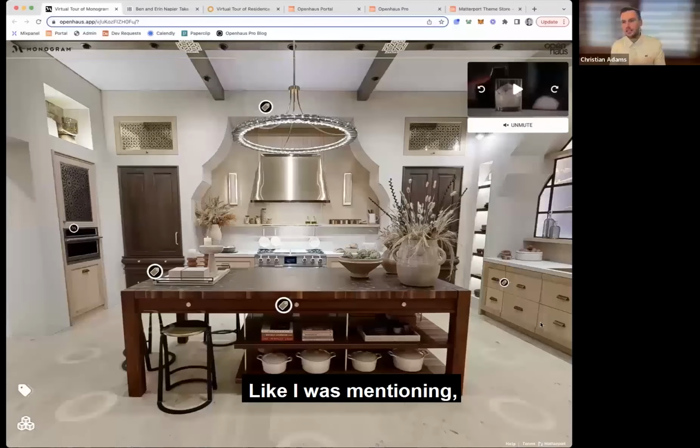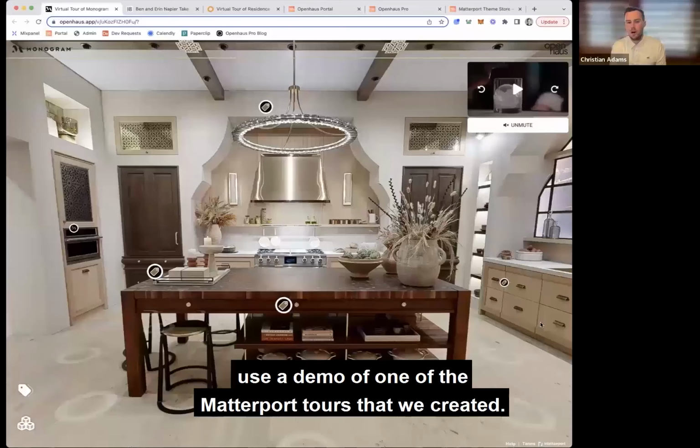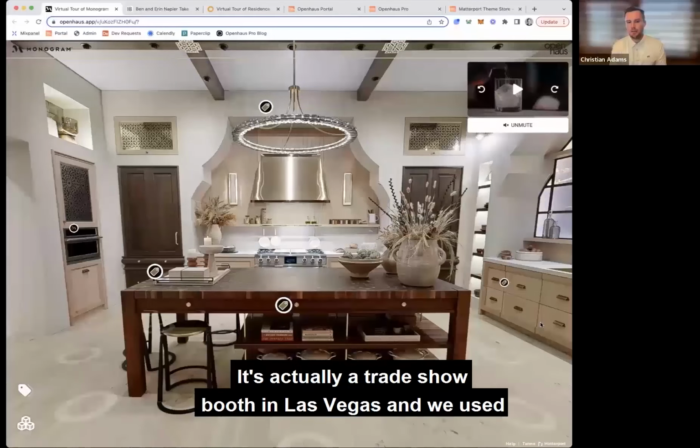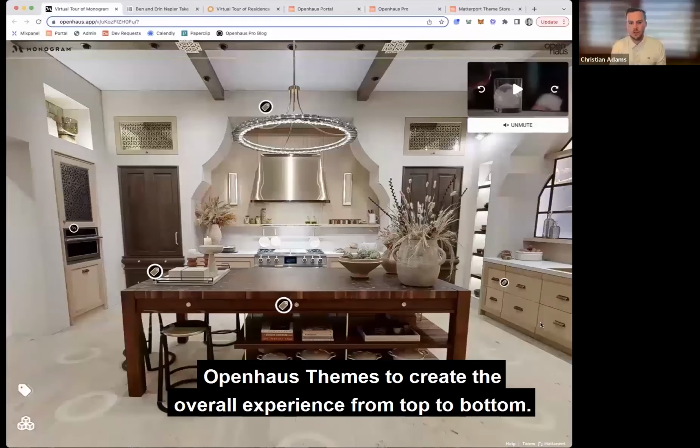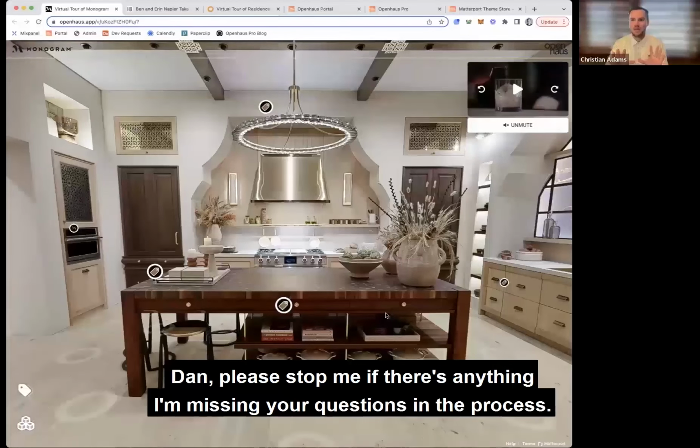And like I was mentioning, we have worked with GE Appliances now for a couple of years. And I will use a demo of one of the tours that we created of one of their, it's actually a trade show booth in Vegas, and we used Openhaus themes to create the overall experience from top to bottom. And so I'll just go ahead and walk through what you're looking at piece by piece. And Dan, please stop me if there's anything I'm missing or questions in the process. But